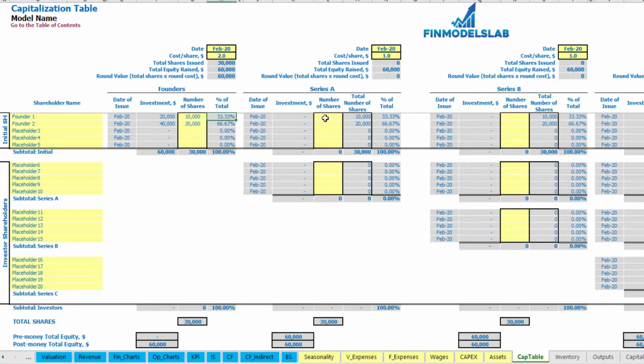67% of shares. So let's pretend that for Series A we have 1 investor and the date of issuance is May. Cost per share is $5 per share and the number of shares is 1,000. So the total amount of investment will be $5,000. You may see that before the Series A total equity was $60,000, after is $65,000, and investor 1 will have